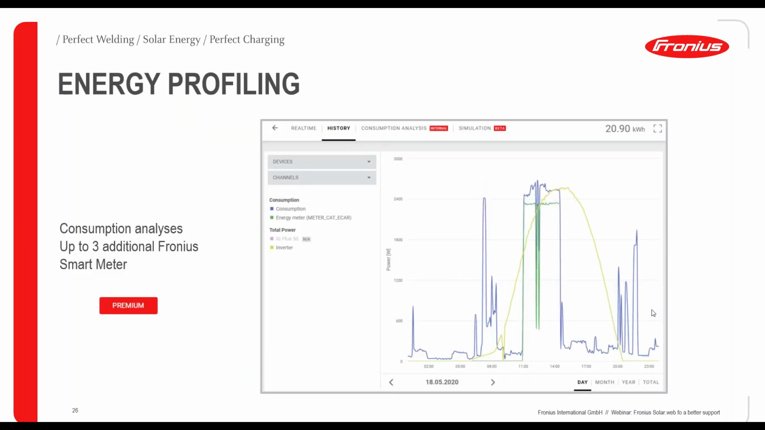Yes, and the last feature is energy profiling. If you would like to see more detailed consumption data of different loads, you can also add additional smart meters. Up to 3 additional smart meters can be added. And for example, you would then see, shown in green, the green curve is